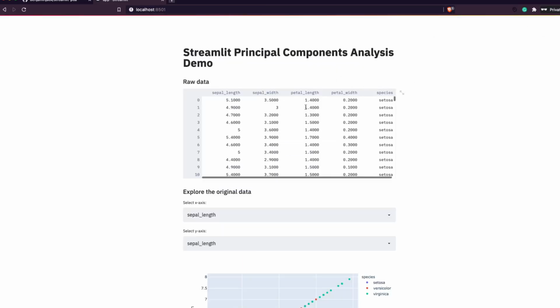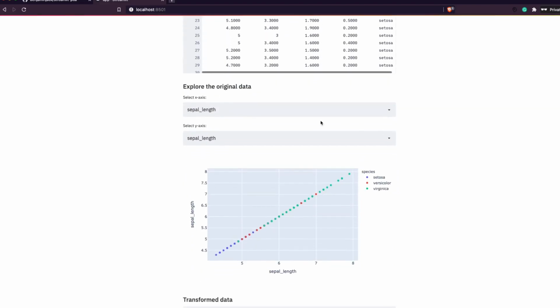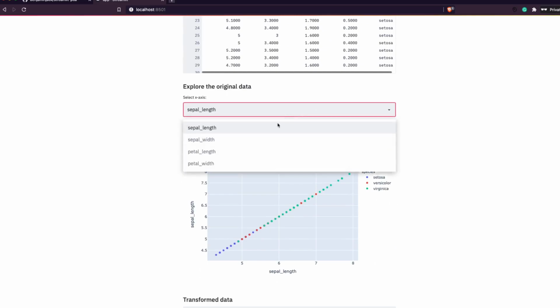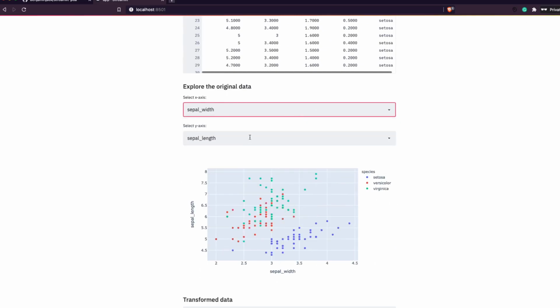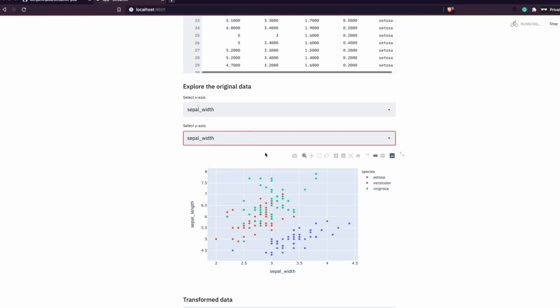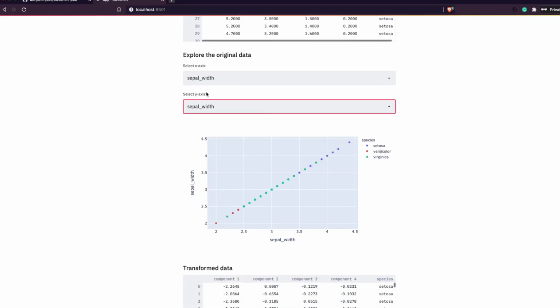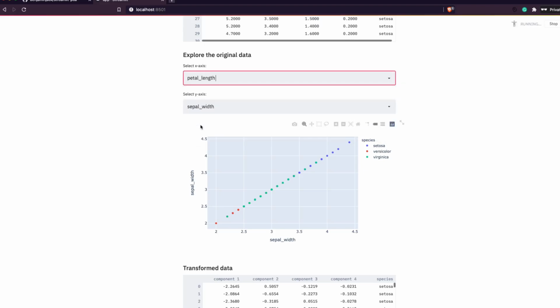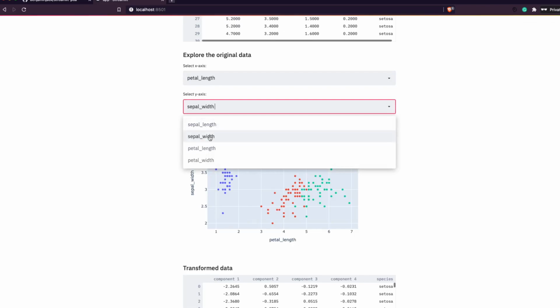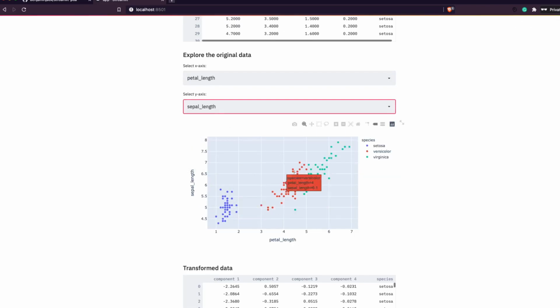Yeah, so we display a data frame, the actual data frame, and then you have got the original data in which you can pick the columns that you want. If you want sepal width, you can pick sepal width. So whatever columns you want, you can pick the column, and then you can have a look at how the correlation looks like, especially a scatter plot. So if you see petal length and sepal length, you would see a positive correlation.